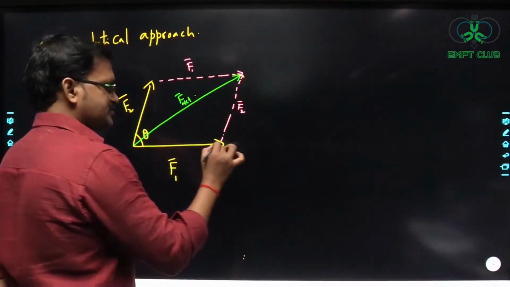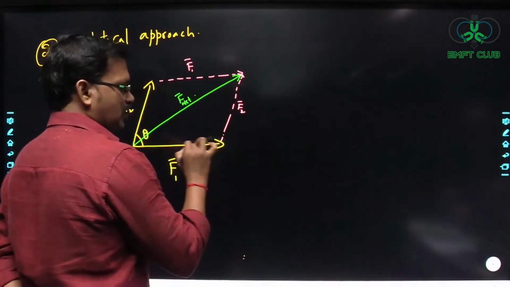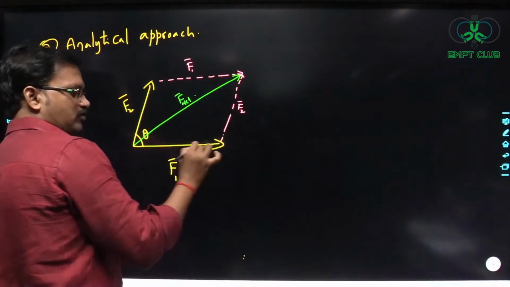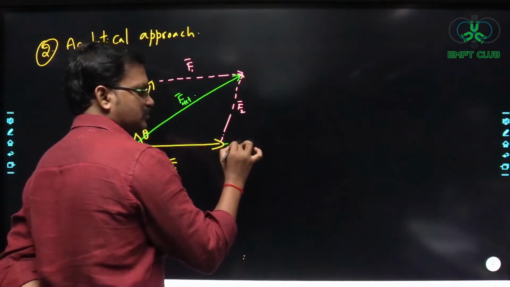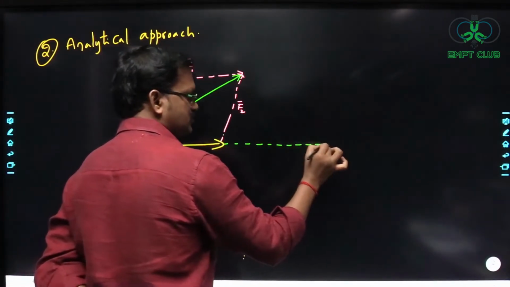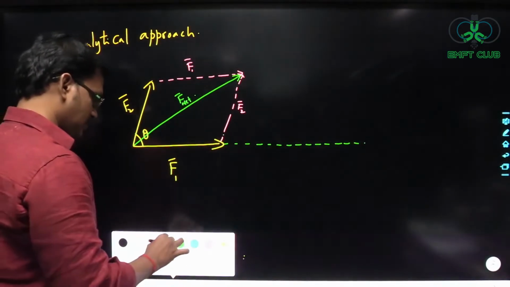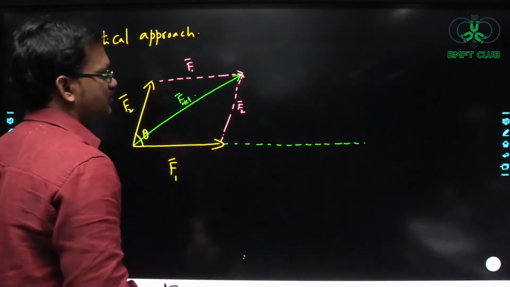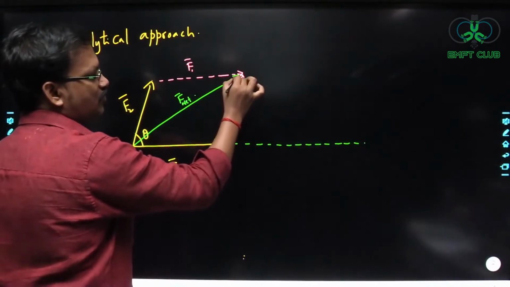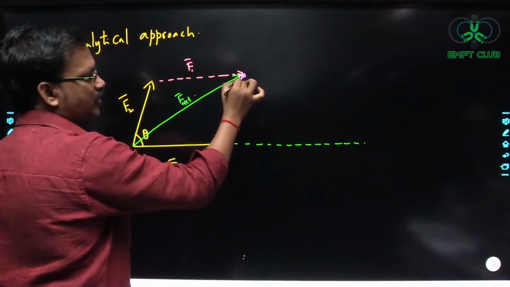I am just extending this F1 bar here. So along this line you are having F1 bar. I am just extending this F1 bar like this, just drawing a line like this, right? Okay. Now see here. So if I want to determine the component of F2 bar,